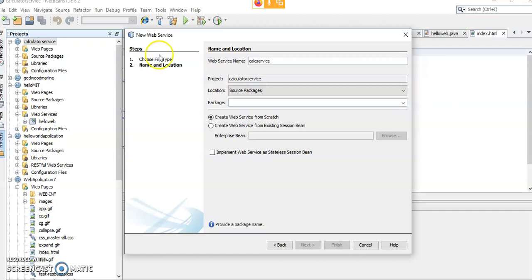Any name you can assign. Enter the package name. So the package name you can just put here. Finish.